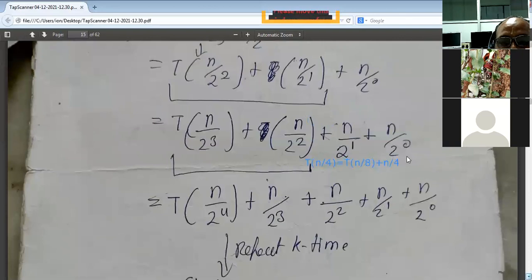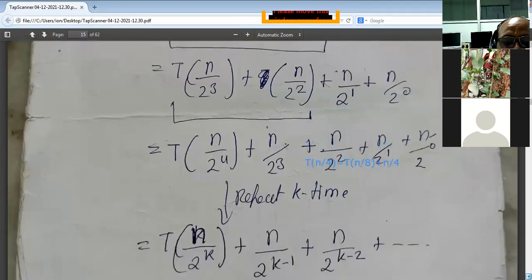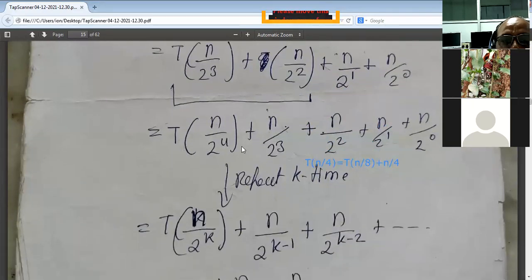next what will happen here, I got n/2^0, n/2^1, n/2^2, n/2^3, next term I will get n/2^4. So how many times will it repeat? It will repeat up to the 2^k term. That means k terms will be repeated: 0, 1, 2, 3, 4. How many iterations do I have to do? I have to do the kth iteration. That means n/2^k. I will reach a place where I will get the value n/2^k.